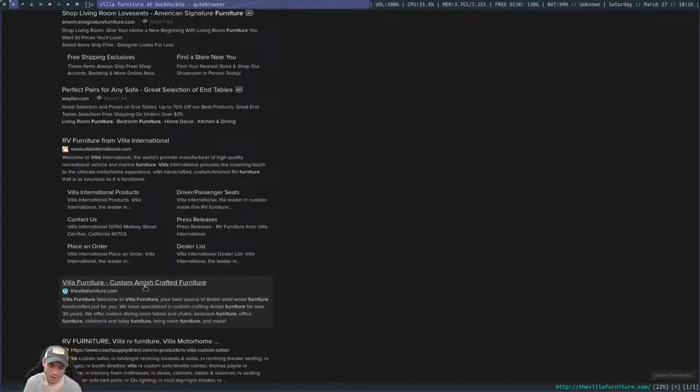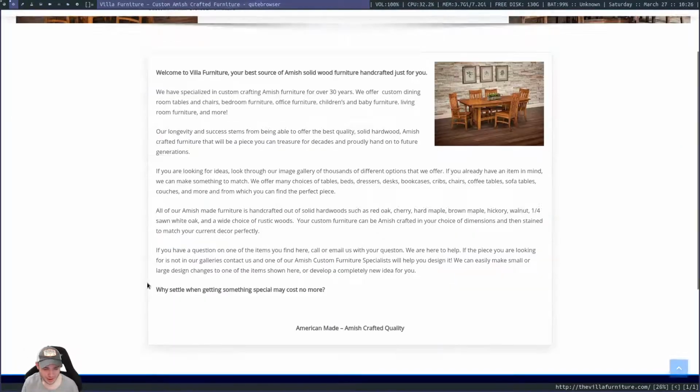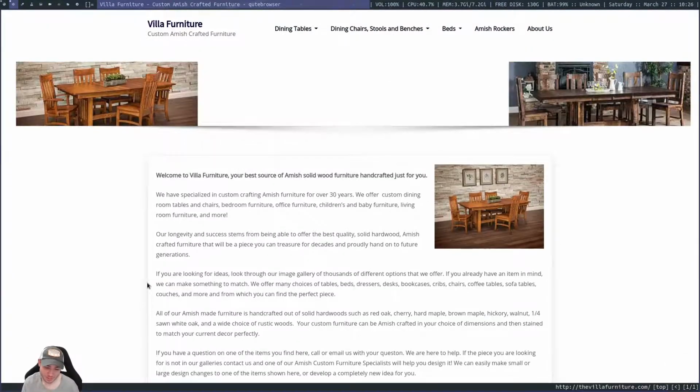Custom Amish crafted furniture. You guys want to see some of this? No, I mean, those curvy ones, you know, with that curvy seat, that rich people have out there.